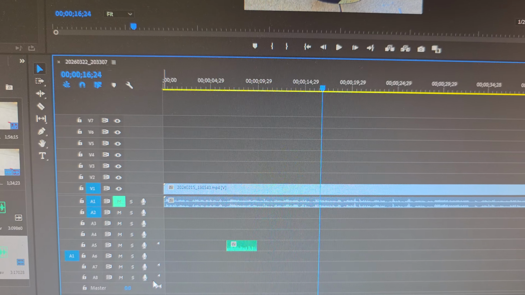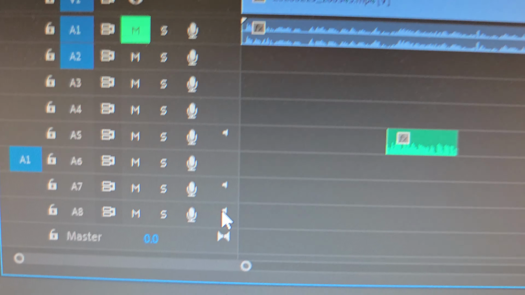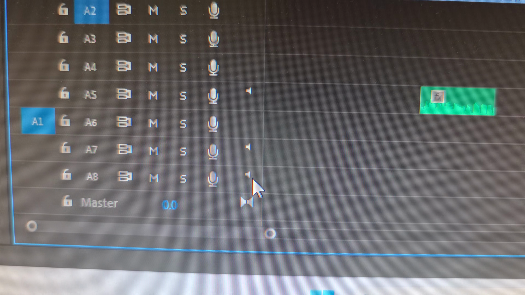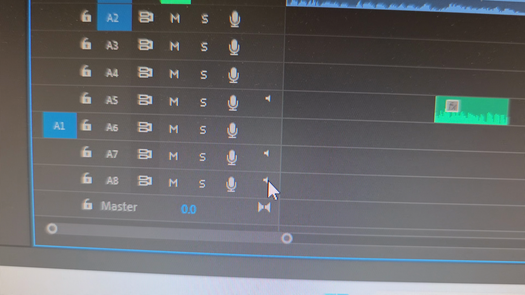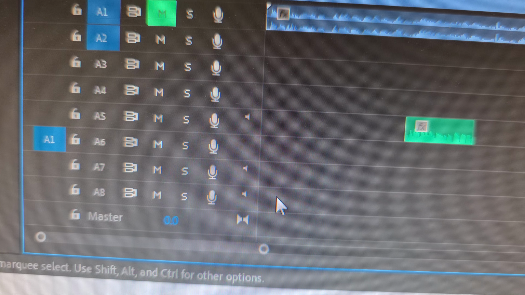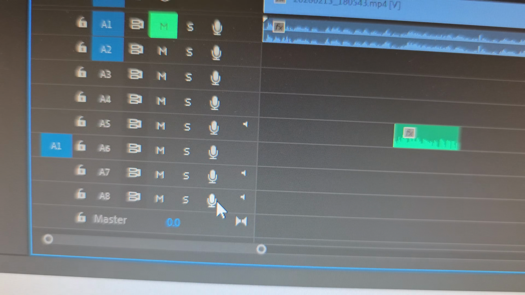Next, when you start recording, you can see here there is a small audio icon. This indicates that your track is recording in mono. So if we start recording now,